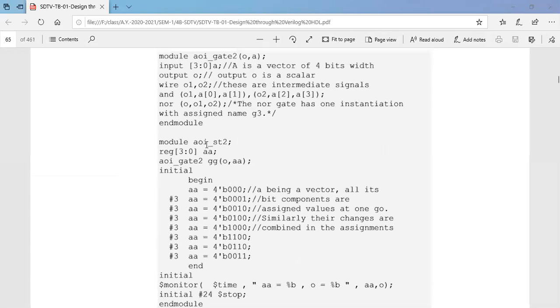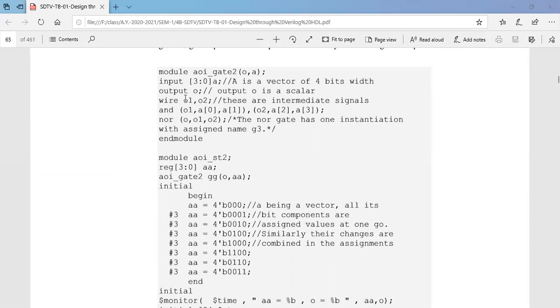For that we want to write. So we have two intermediate output signals, that are called O1 and O2. These are indicated with the help of intermediate signals, which can be used as either input or output also. Okay. So first you see here what we are doing. We are using an AND gate. So we are instantiating the AND gate.